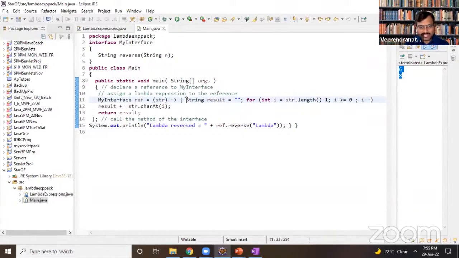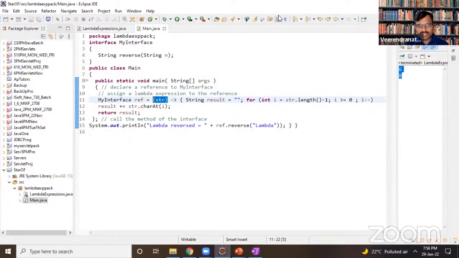And the result: for i is equal to str.length. So what is str's length? Whatever you are providing, so reverse of lambda. When you make a call, ref dot reverse, lambda will be the string now, and we are going for its length.